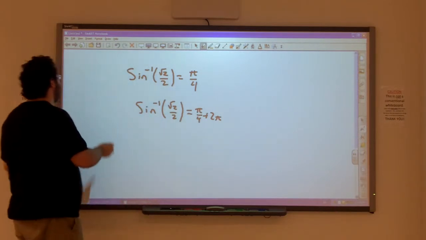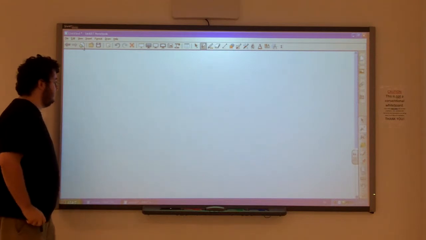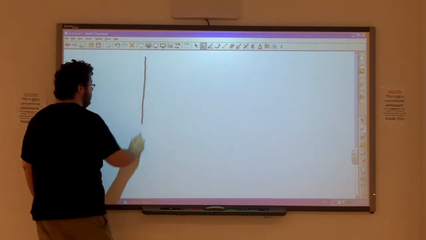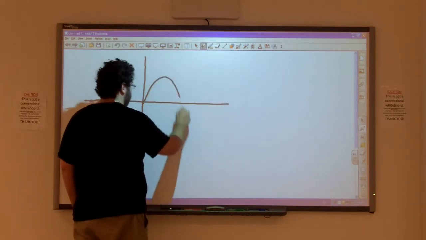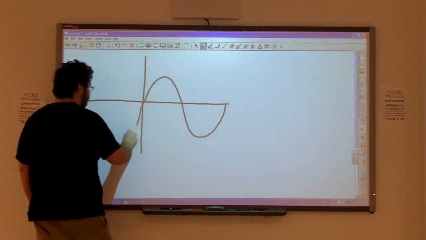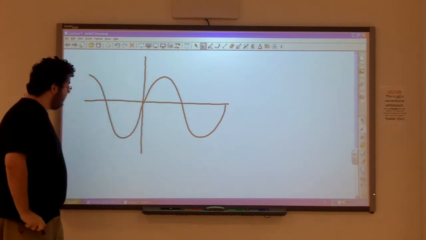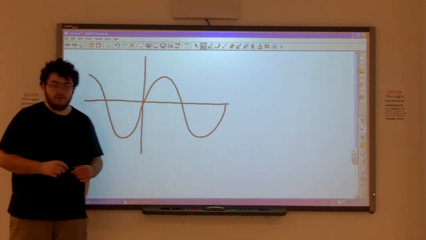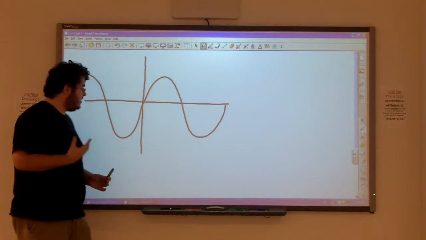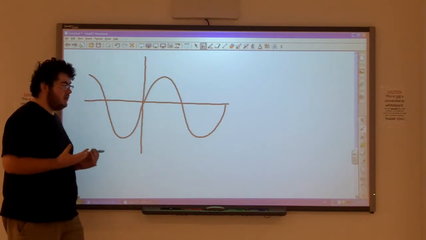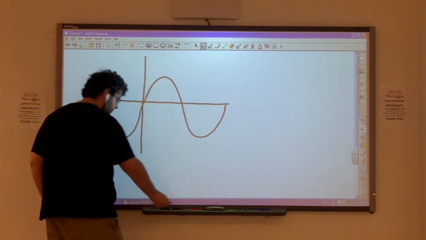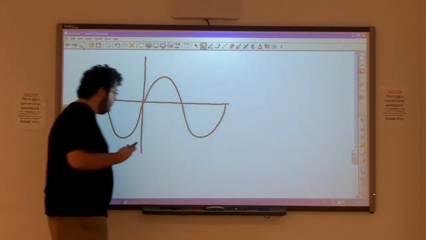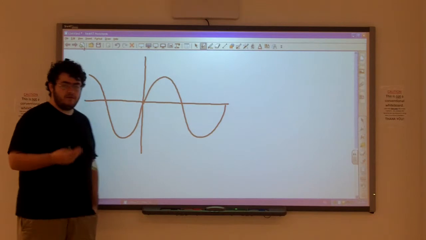Well, the answer comes from the properties of inverse functions. So if we look at the graph of sine of x, we notice that this fails the horizontal line test miserably. So if we were to ask what the inverse function is, we couldn't do it because it's not a one-to-one function. However, what we can do is break up the graph as long as it covers all possible